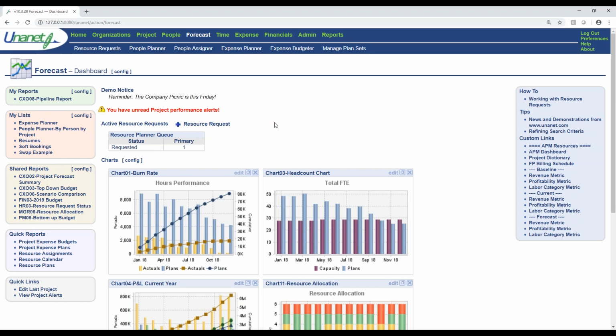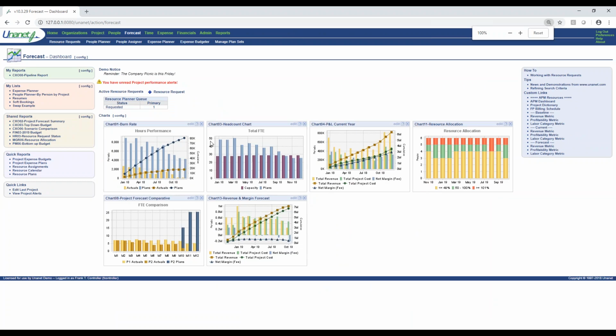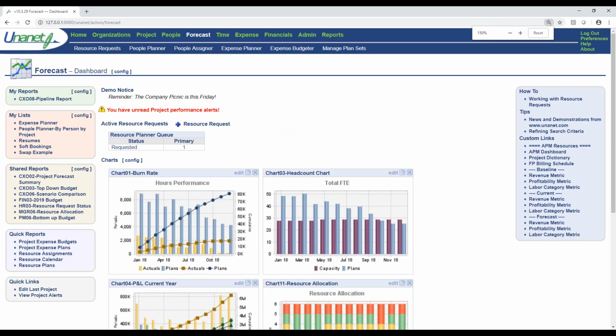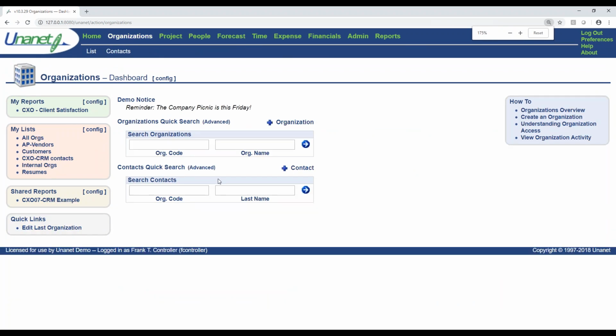Because this is a demo system and it's designed to answer as many questions as I might get in as few clicks as possible, I've thrown the kitchen sink in, right? I have a bunch of different charts, a bunch of different reports. But on your dashboard, you may have something different. Here you'll see my organization's dashboard, where I've yet to add any charts or reports. I prefer to keep it a little bit simpler, a little bit more streamlined, with some of the reports that I would like to keep here. So each user gets to configure the dashboard that they would like.